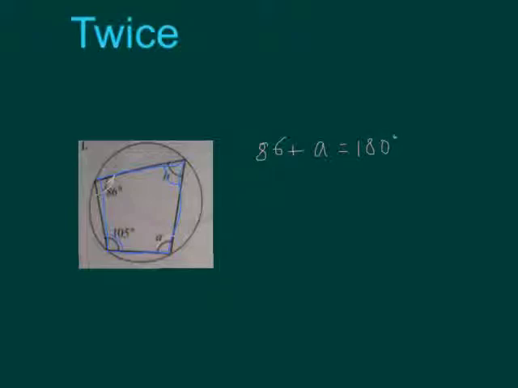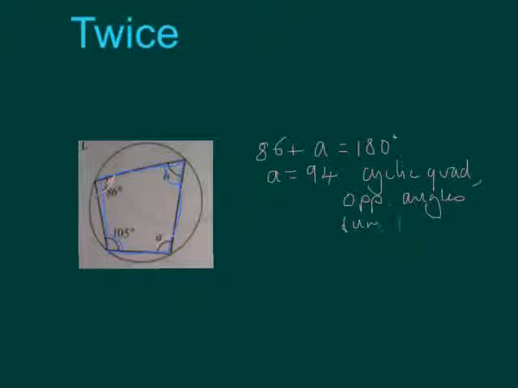Therefore, angle A is going to be 180 degrees subtract 86, which will of course give you 94. So A equals 94. And you can write cyclic quad, comma, opposite angles,